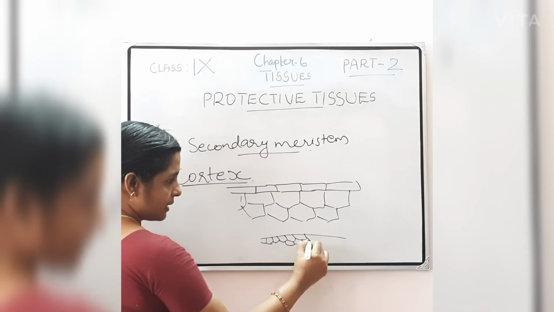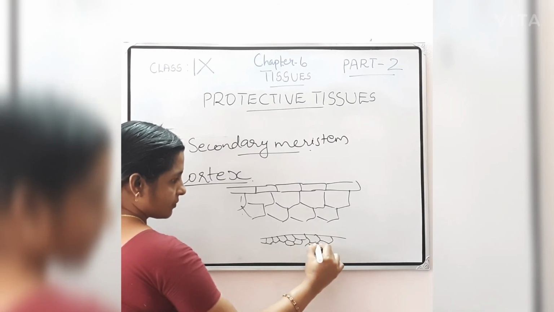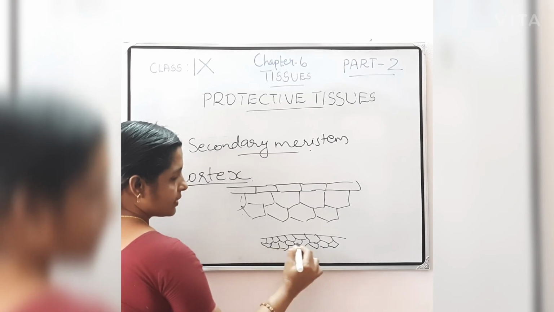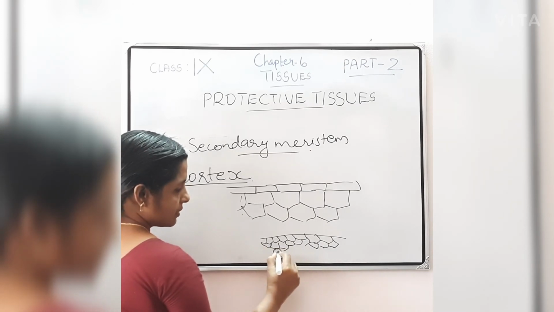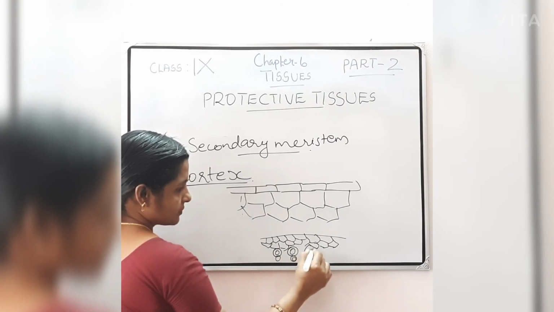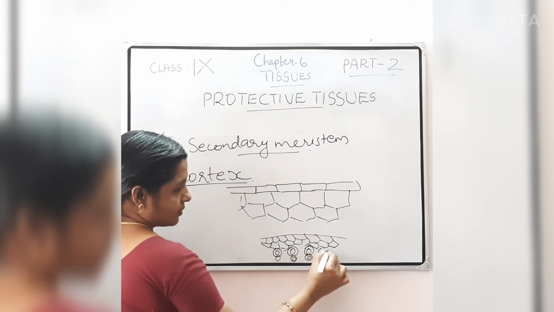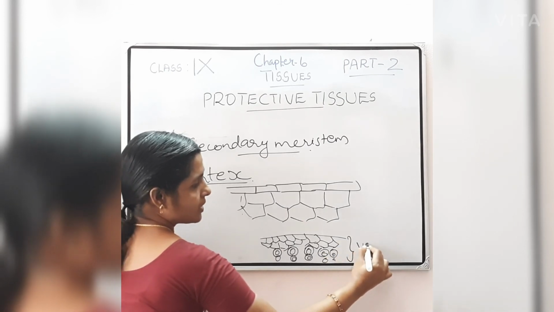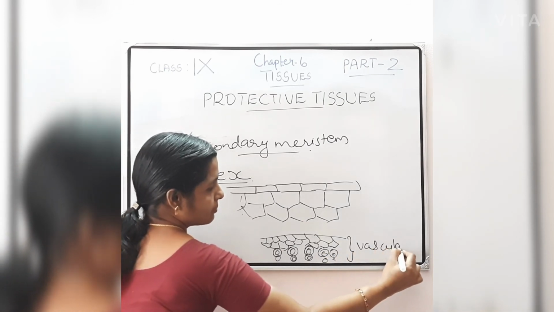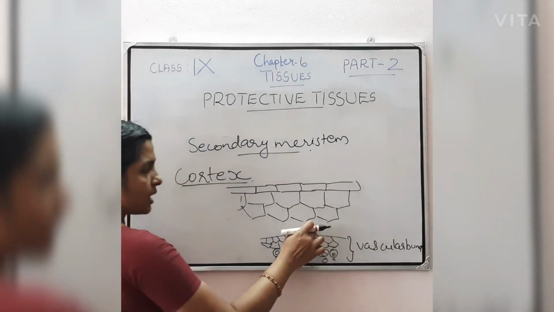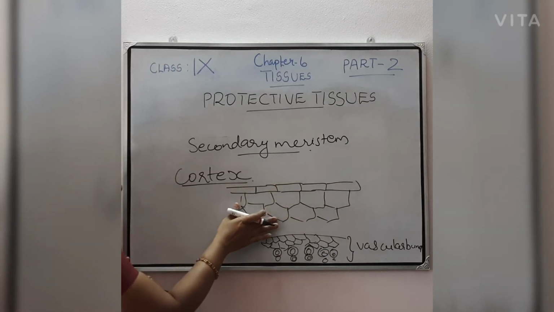This xylem and phloem constitute what? This constitutes the vascular bundle. So above the vascular bundle and below the epidermis